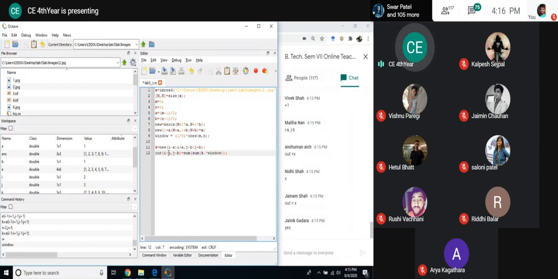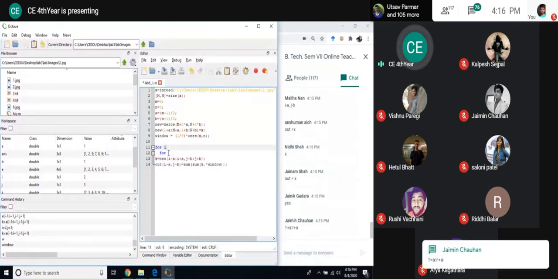Okay, so what should be the range of i and j? So I replaced it. So the center element is replaced. Task is over. But what about i and j? I will need a for loop, no? So tell me about the for loop. Here this is for i, this is for j. Give me the range of i and j.